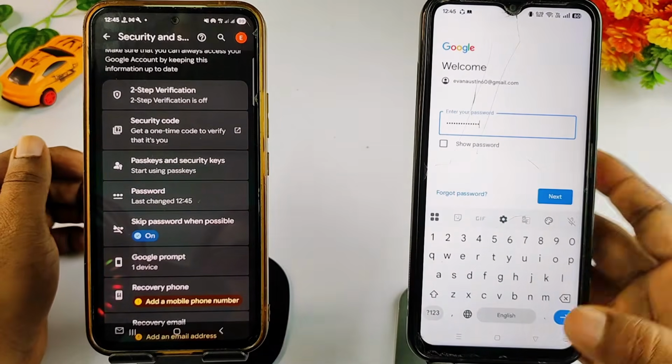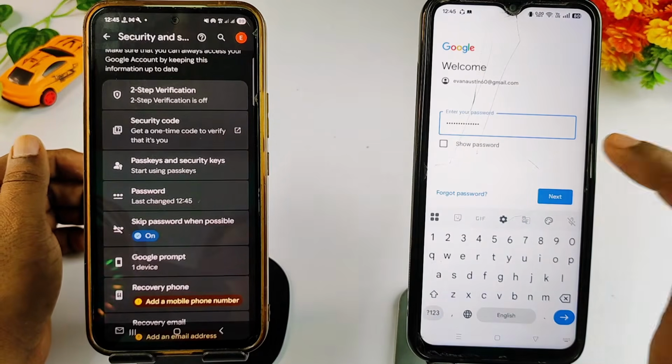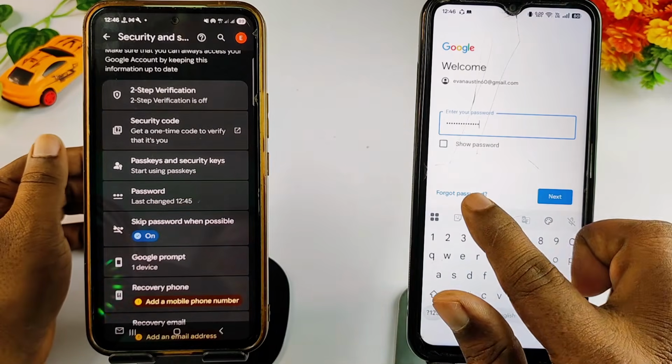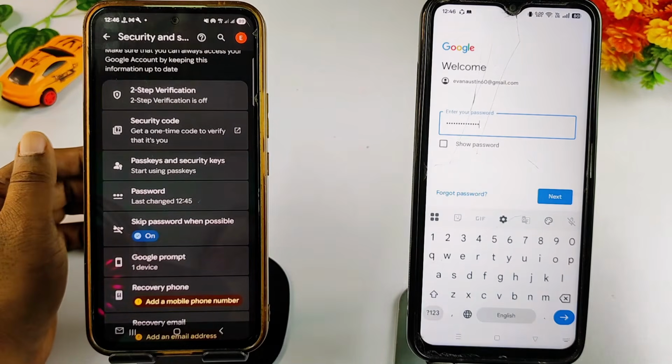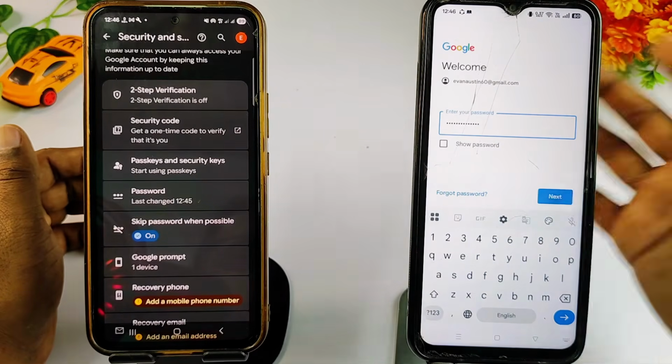and I give that password, and after that if I click on the next option, that time this Gmail account will log in on this phone. And if you don't know this option, that time you can click here, forgot password, and you can give a new password and retype password. So what I need to do, I need to click here, next option,